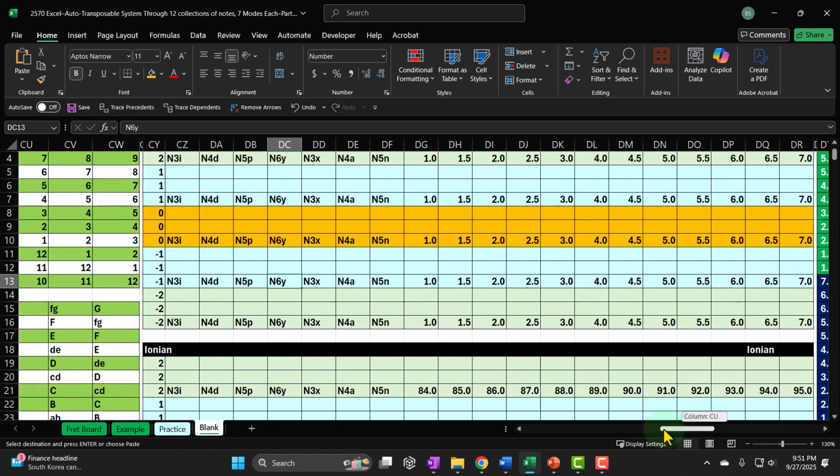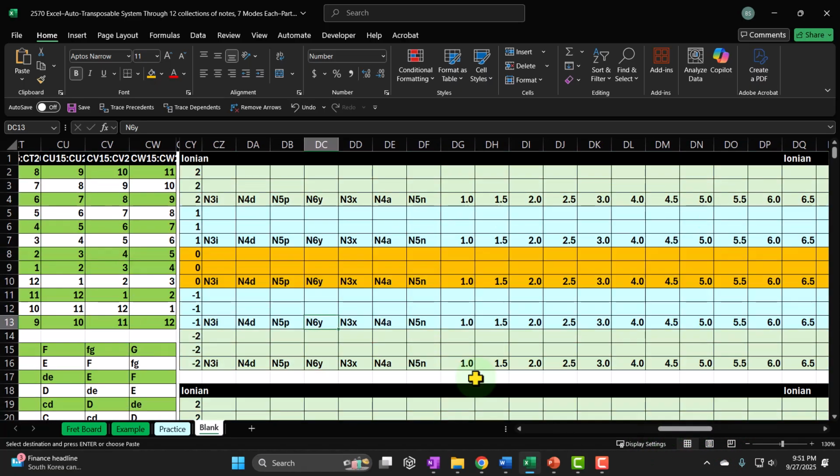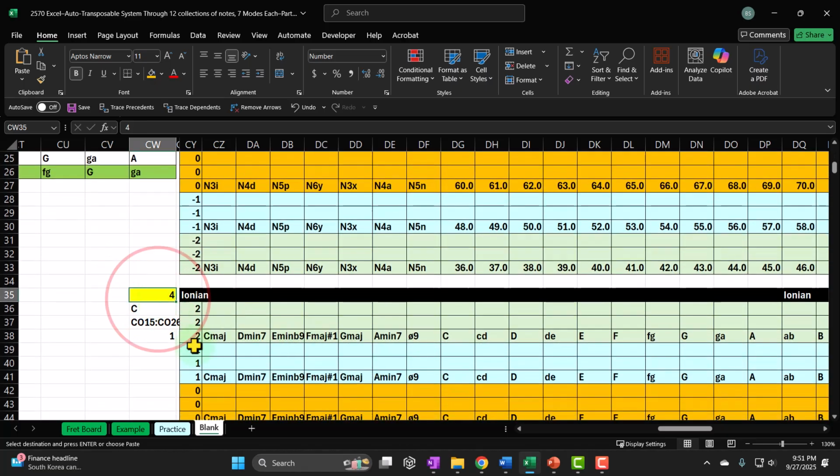Everything on this worksheet is from the perspective of this key from the Ionian mode, but in a DAW system, they should all be connected in such a way that you can write the song in whatever format you want, and you should be able to rotate it. I think this proves that it's doable to rotate it through all of these different perspectives as we link the tables together. All right,